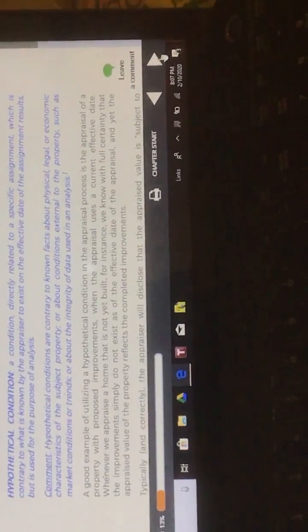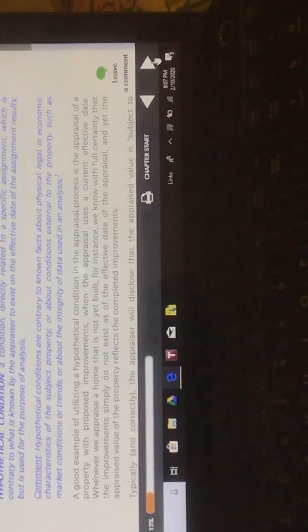Comment. Hypothetical conditions are contrary to known facts about physical, legal, or economic characteristics of the subject property, or about conditions external to the property, such as market conditions or trends, or about the integrity of data used in an analysis. A good example of utilizing a hypothetical condition in the appraisal process is the appraisal of a property with proposed improvements, when the appraisal uses a current effective date,